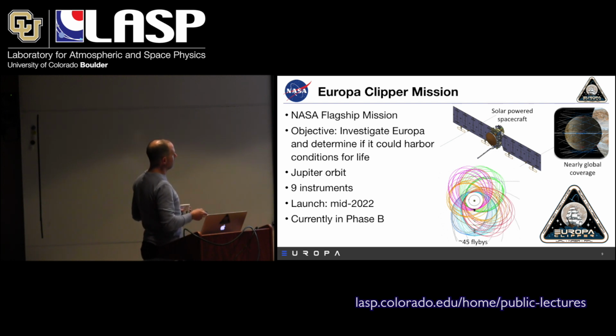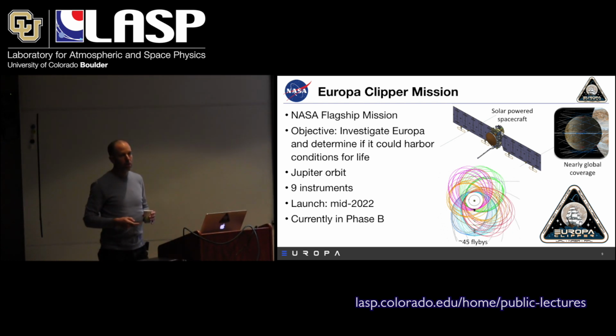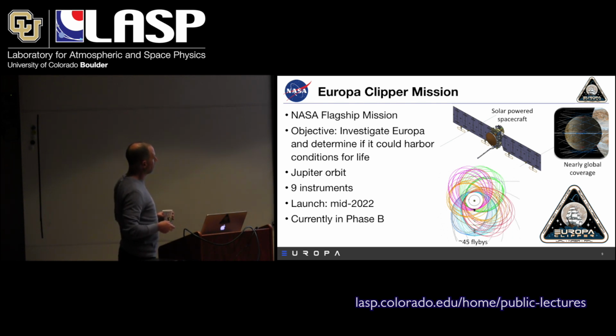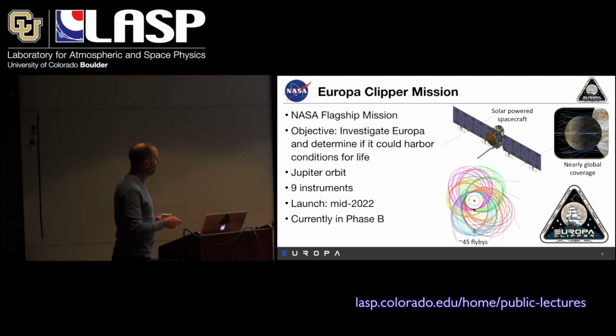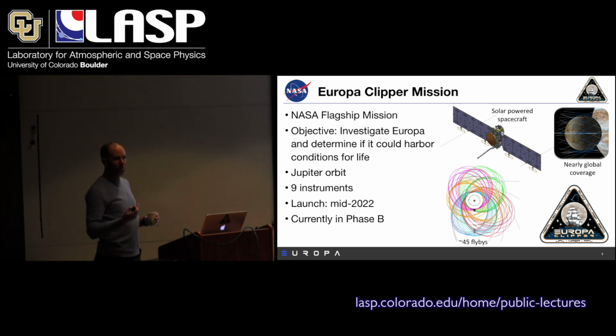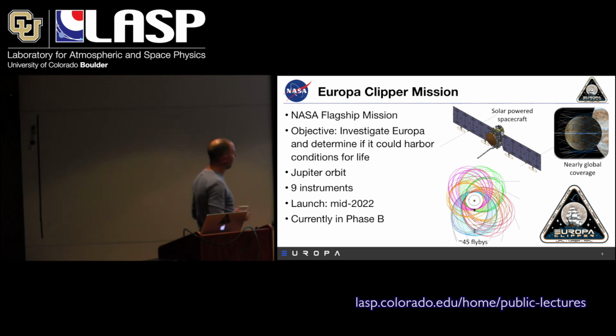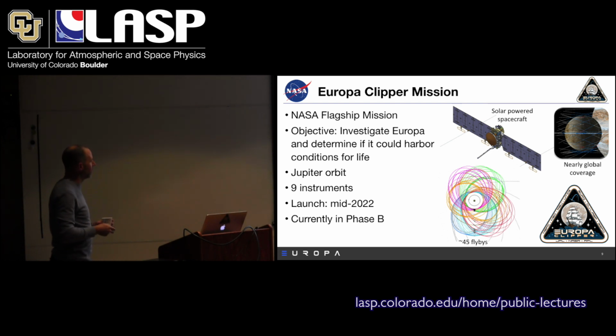So this spirograph-looking thing is a buildup of 45 orbits around Jupiter, 45 flybys of Europa, more orbits. Some of them are used just for gravity assist maneuvers. But the center dot here is Jupiter. The next circle is the orbit of Io, which is the innermost moon. The next orbit is Europa. And so these larger ellipses are the spacecraft orbit. And so it's in a 4-to-1 resonant orbit. So Europa has 4 orbits for every orbit of the spacecraft. And it's timed such that at the perijove, or near the perijove, it flies by Europa. And so that means that it only spends a relatively small amount of time in the harsh radiation environment,